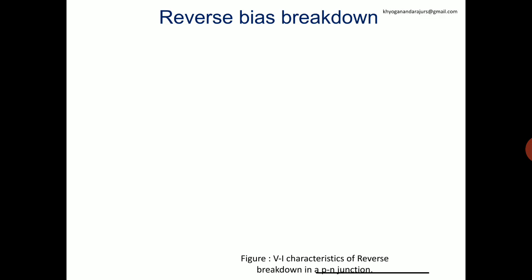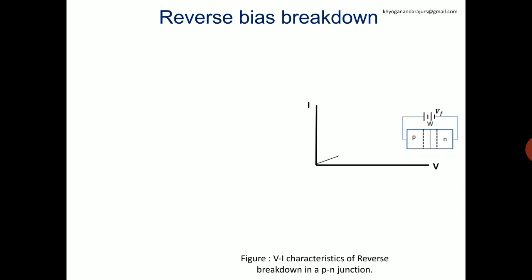Okay, and at a glance we'll see what is Zener effect and what is avalanche breakdown, and in a separate class we'll try to understand the Zener breakdown effect and avalanche breakdown effect in a more general way. For now we'll see them in one line. Again, we'll try to construct the IV characteristics of the reverse bias PN junction, and we'll see where the Zener breakdown occurs and the avalanche breakdown occurs.